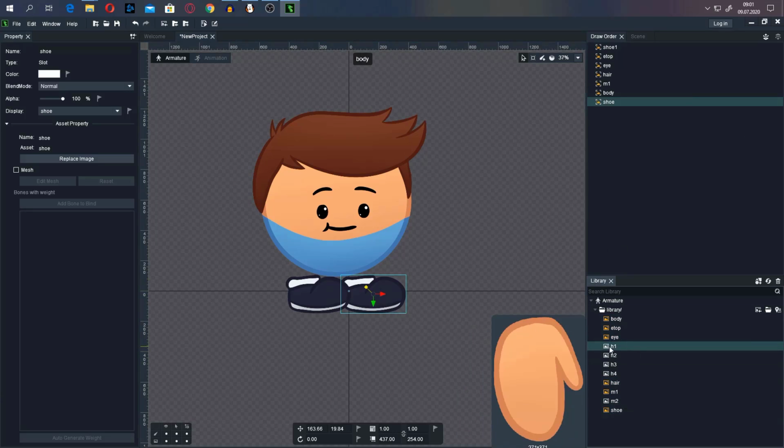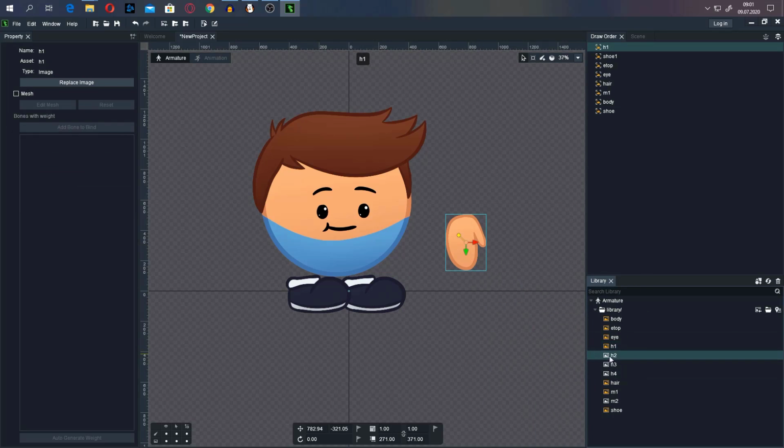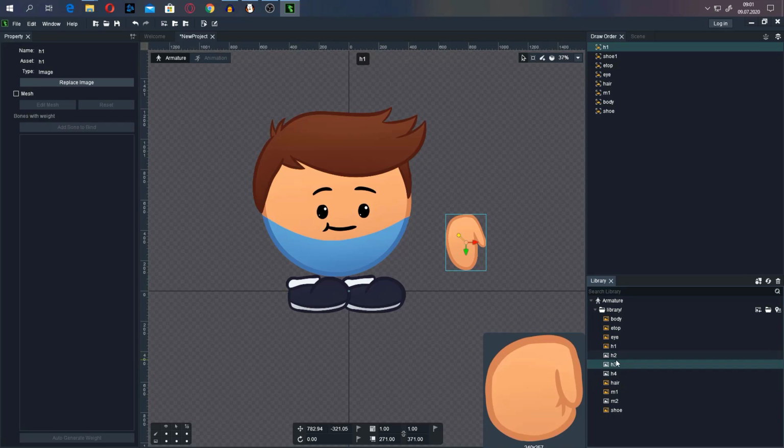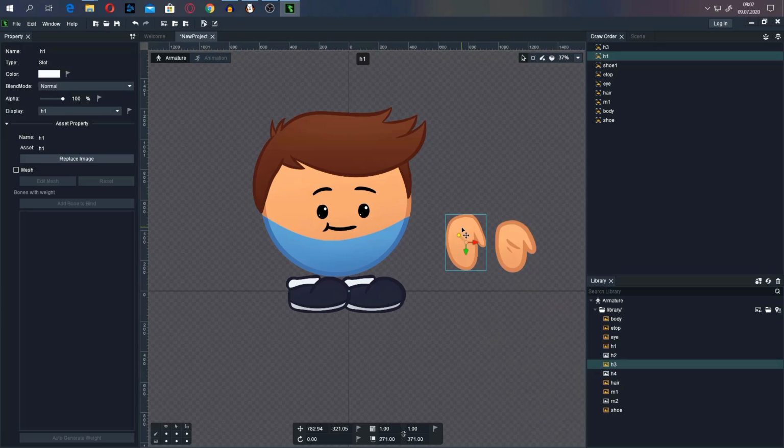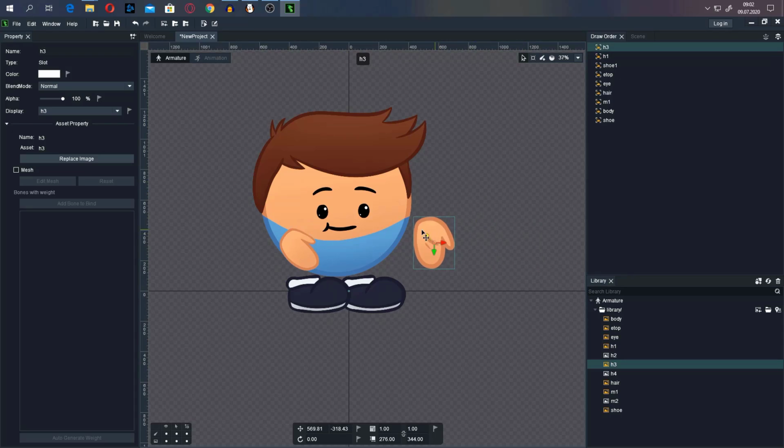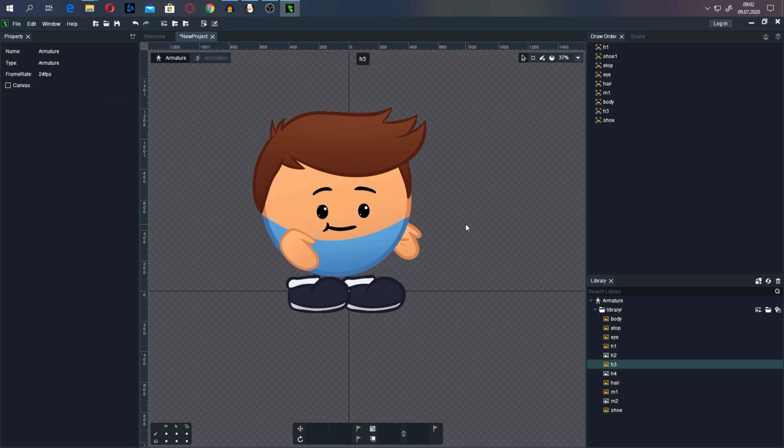And let's say we want to have a hand. This is a preview, so I want this hand, and that hand, two different hands. This is the front hand, it's near to our character, and this is behind the character, so it should be behind the body, like so. And now when you have set everything,